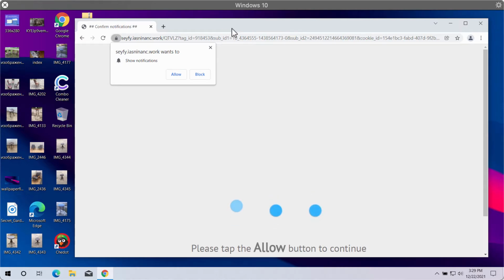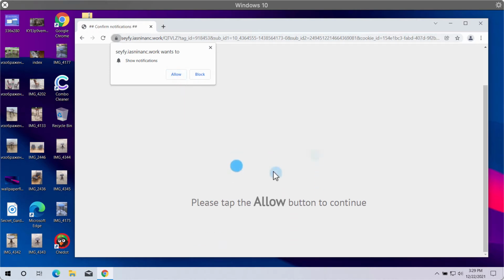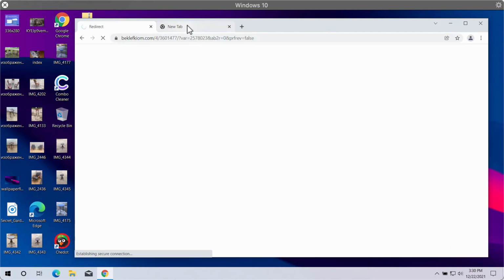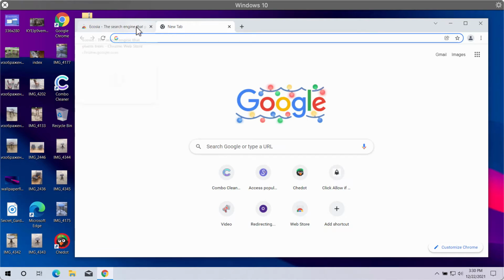It tries to make people click on the special Allow button integrated into it. It says that they need to tap the Allow button to continue their browsing. Sometimes it says that this is to prove that the person is not a robot or for some other reasons. But to interact with this website, Iasninanc.work, is extremely dangerous. If people click on Allow, they may be forwarded to some other